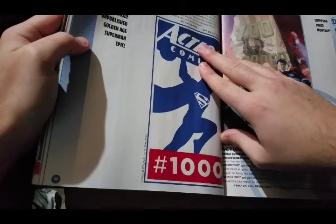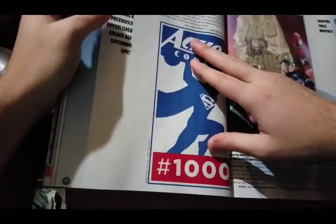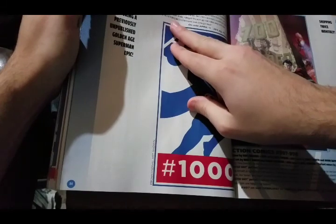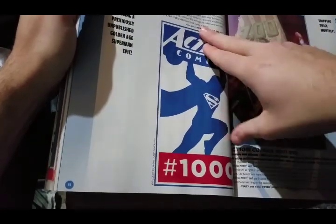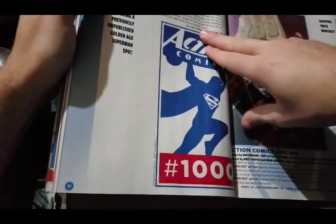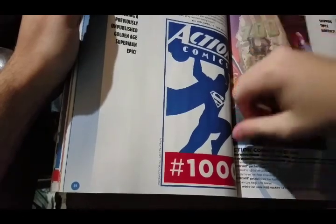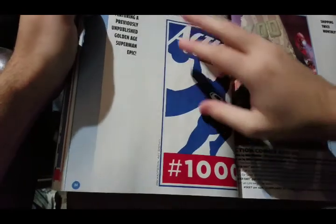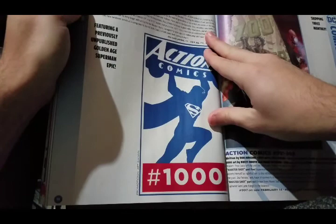Hardcover serves as a companion. Oh. So maybe it says this new hardcover serves as a companion to the Action Comics 1000 comic book coming in March. So it sounds like they might still release just a regular comic as well, but to my knowledge this was the only one they were putting out. Let me just do a quick read. I'm not gonna read all of this, but first,